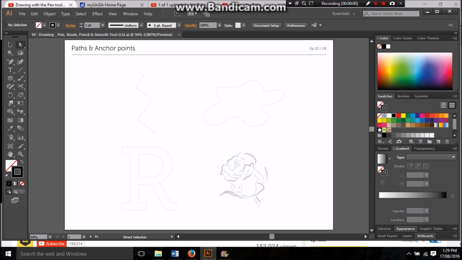Okay, so now we're going to get onto a part that we're really going to be able to personalize. So we're getting onto the pen tool. This is a big thing to learn in Illustrator, and it will enable you to do lots of different interesting shapes. So if you get up the pen, brush and pencil smooth tool worksheet, and then we're going to go